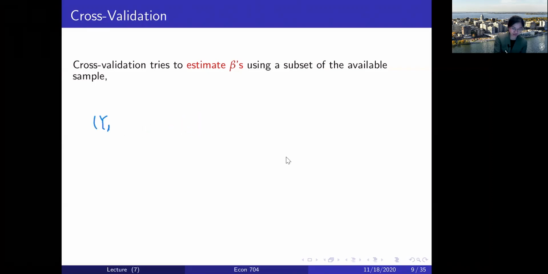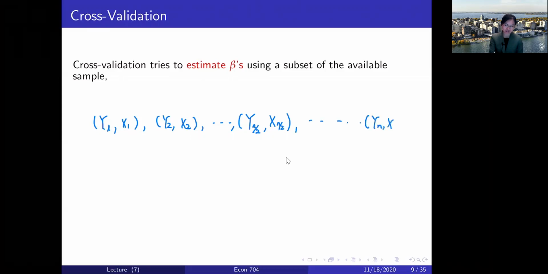So y1, x1 is the y and x for the first individual, and y2, x2 for the second individual, to y n over 2 and x n over 2 for the n over 2th individual, and so on and so forth until yn, xn for the nth individual. What the cross-validation does, one way to do the cross-validation is to split the sample into